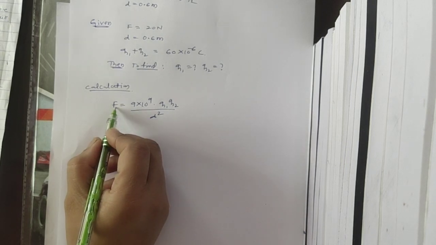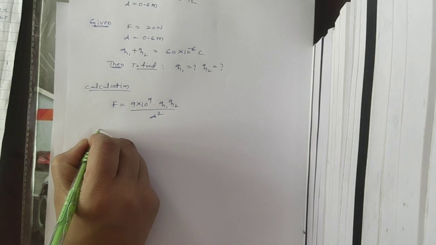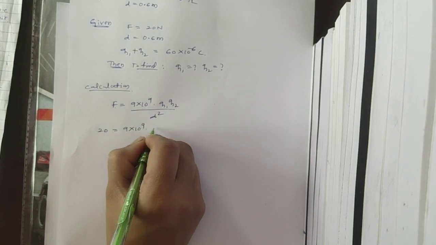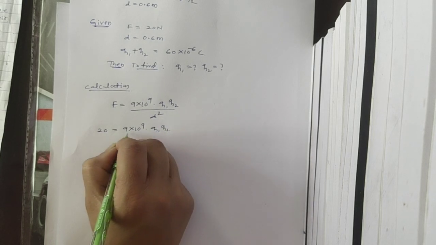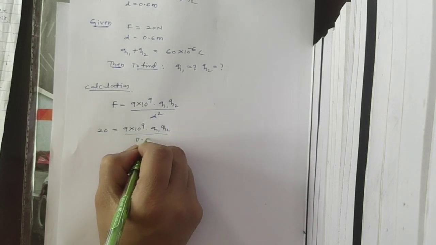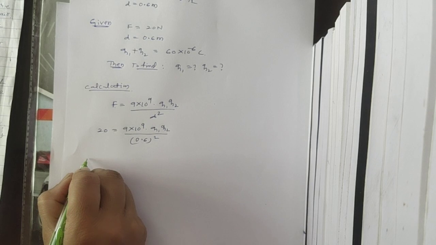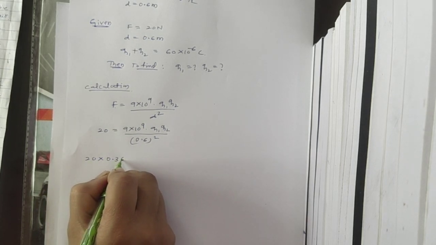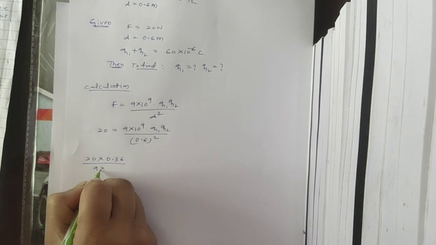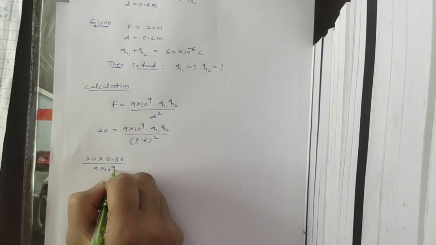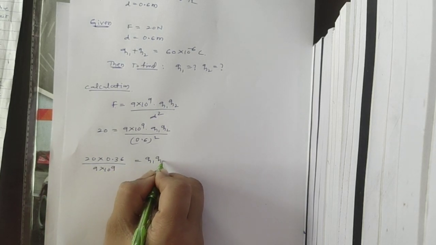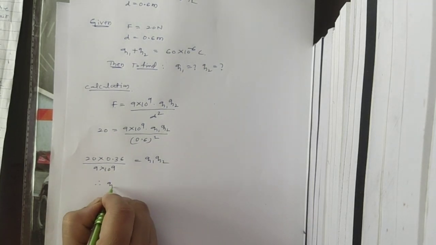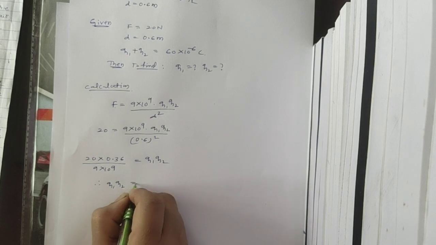Okay, so F is 20 Newton, 9 into 10 to the power 9, Q1 Q2 as it is, D is 0.6 square. 20 into 0.36 divided by 9 into 10 to the power 9 equal to Q1 Q2. Simplify. Therefore, Q1 Q2 equal to